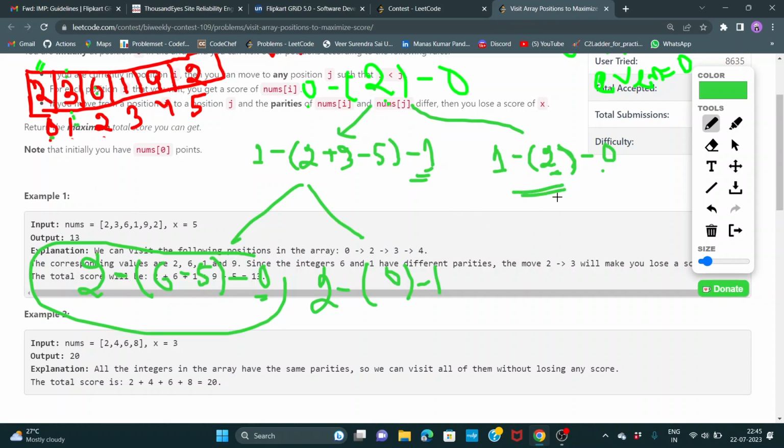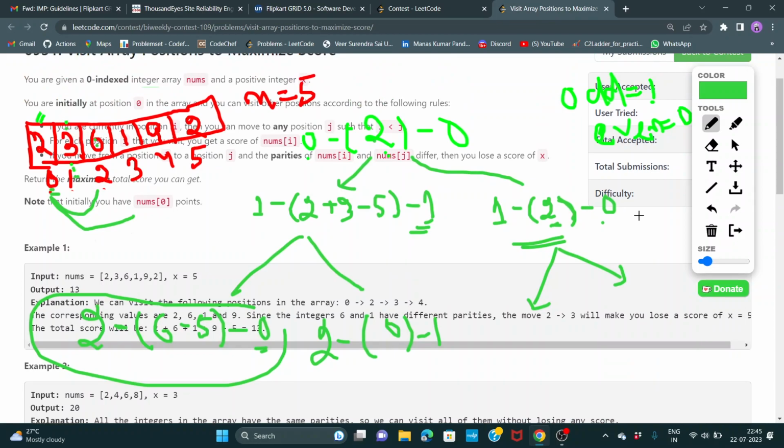Now come to this part. I also have an option for this position. This value indicates that I am at this position, and now I have an option, so I can move to this position, or now I am interested in C. So this will indicate what? This will indicate that I am at this 1th position, and I haven't taken the value of the second position, so I will not update my parity. And I have taken the value of the 0th, this first index value. So if I move from this position to this position, and I am going to take this one,